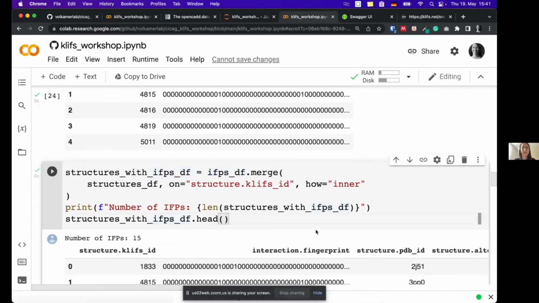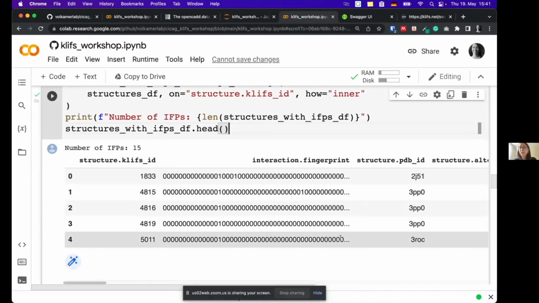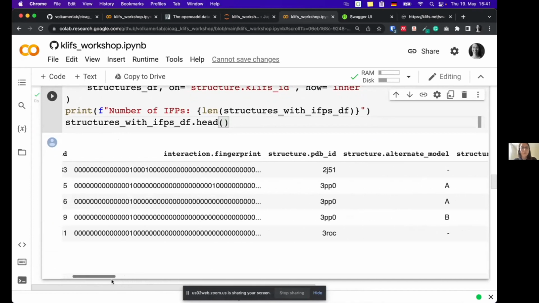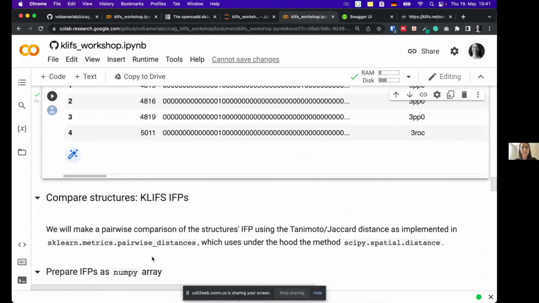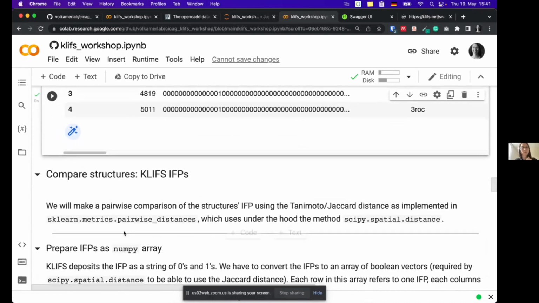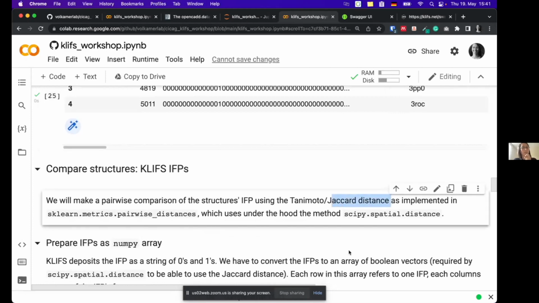And I'll show you again how this looks. Okay, so you will recognize this bit from before and this bit from much before. So wonderful. We now have our interaction fingerprints. What we'd like to do now is compare them to each other in an all-against-all comparison, and we would like to use this scikit-learn function to do that. And we'd like to have this as Jaccard distances, since we have a binary